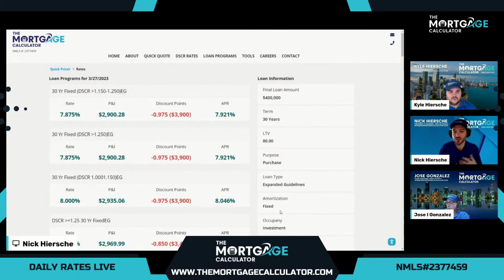So some great options here. Obviously, non-QM is going to be a little bit higher in rate and cost. However, you see the 7.875 rate here at the top for 0.975 in discount points. So now we're in the range of where we wanted to be, 1 discount point, and a final APR of 7.921. So the conventional loan programs were just over 7 on the APR. Now we have our DSCR in the high 7s, so very comparable. And again, our investor in this case is going to save over $10,000 out of pocket, which they can then deploy into another investment. So that's the main point here, is that we want to give our investors options,